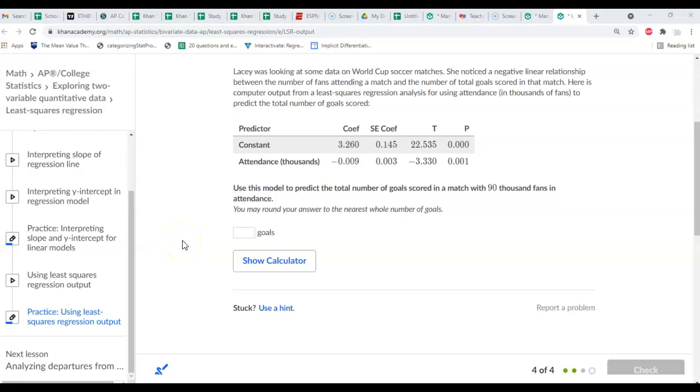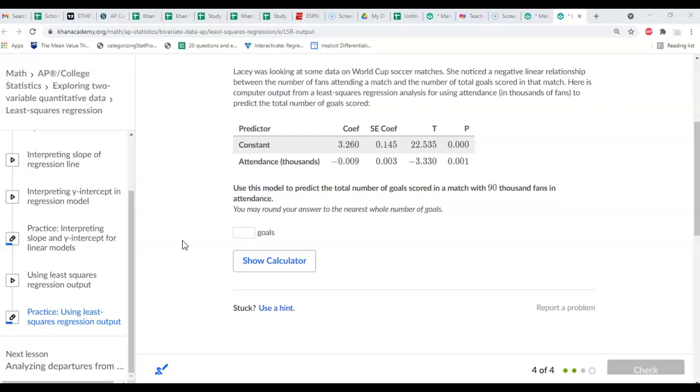Alright, so this is like trying to get the regression equation from a computer printout, which is a really old school way of printing it out. I think more modern statistical programs do it a little differently, but they still want you to know how to read these. You read through that World Cup soccer matches problem, saying there's a negative relationship between the number of fans and the